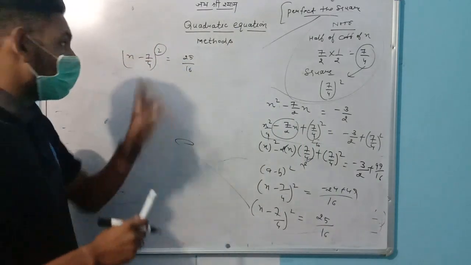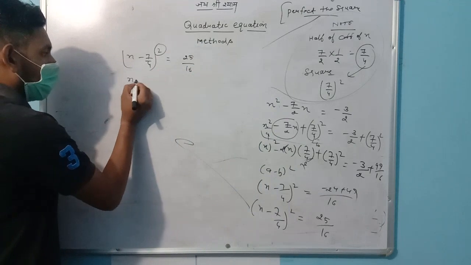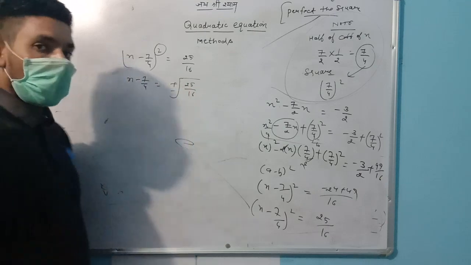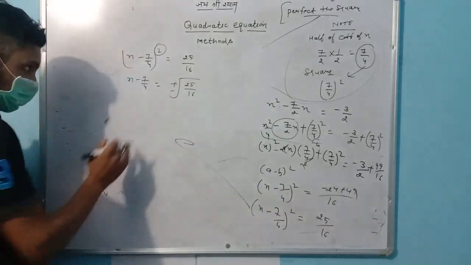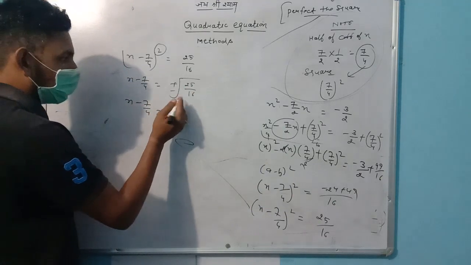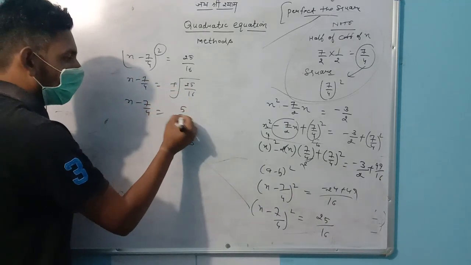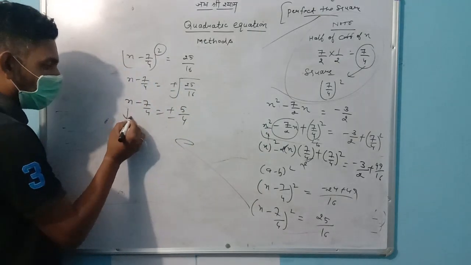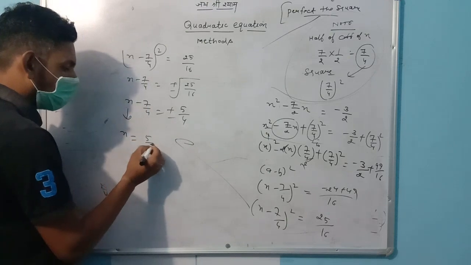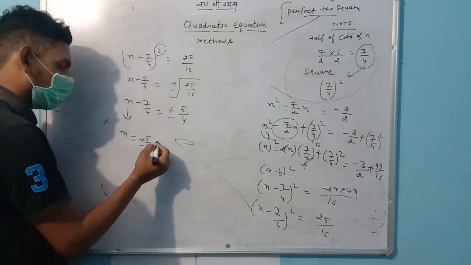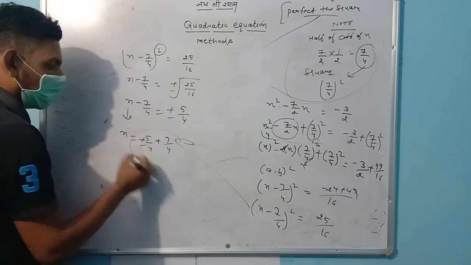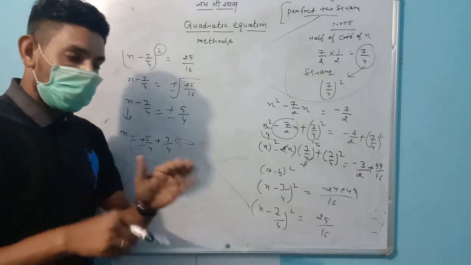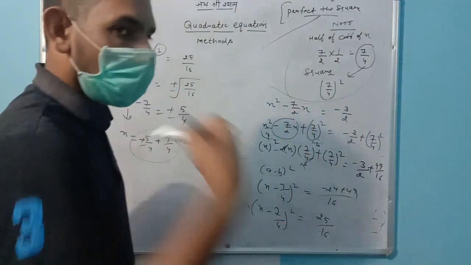Students, we remove the square from this side and change it into a square root. x minus 7 upon 4 equals the square root of 25 upon 16 with the sign of plus and minus. Then we remove the square root: 25 is the square of 5 and 16 is the square of 4, with the sign of plus minus. Then we find the value of x. 5 upon 4 is already here, and we transfer 7 upon 4 to that side with a plus sign. Here 5 upon 4 has the double sign plus and minus. In the first condition we use the plus sign, and in the second we use the minus sign.